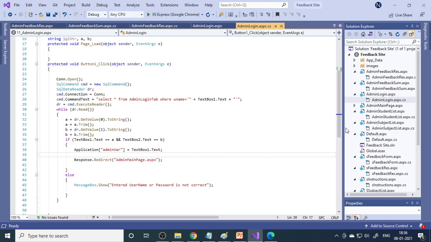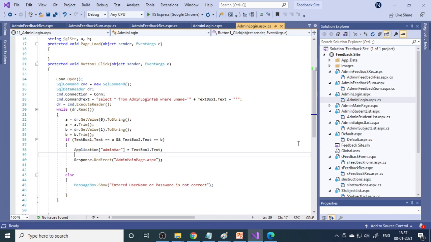Fine. First I'll demonstrate this, then you get a clear idea. Later we'll look at some coding. We can't explain the complete coding here, it takes too long. Therefore, we made a separate video on how to write the code. Please watch that one. This particular video is basically to explain the concept of how to make this project, what things you can add on the admin side, what you can add on the client side, how both are communicating, and how to get the result.